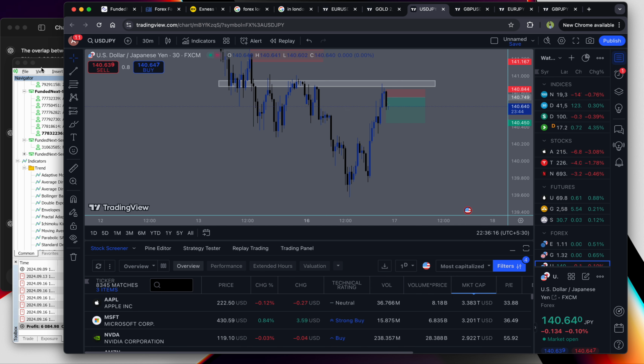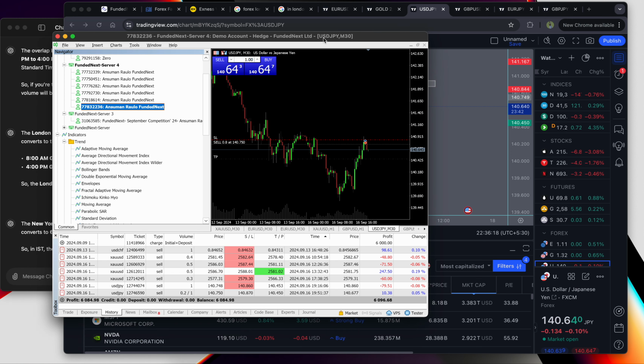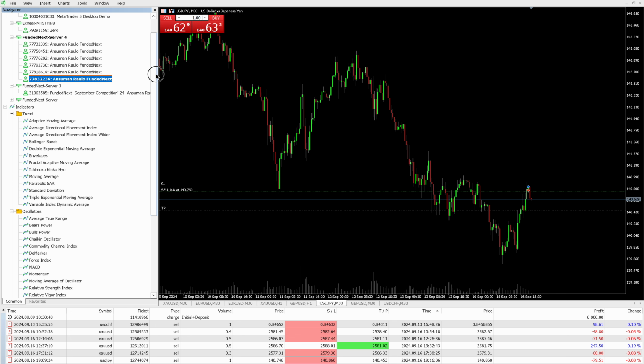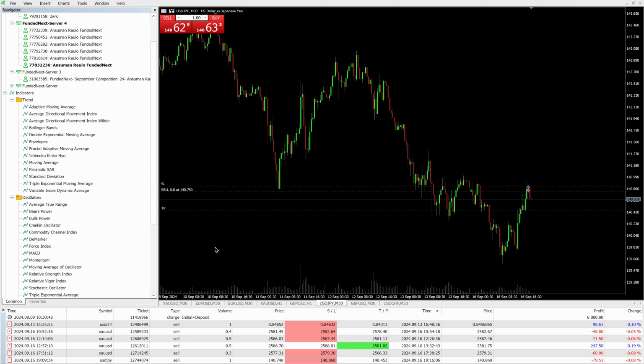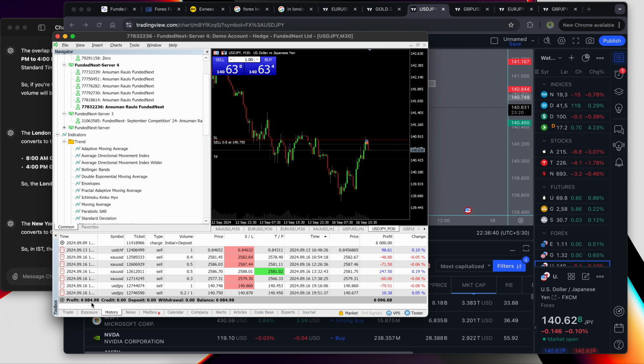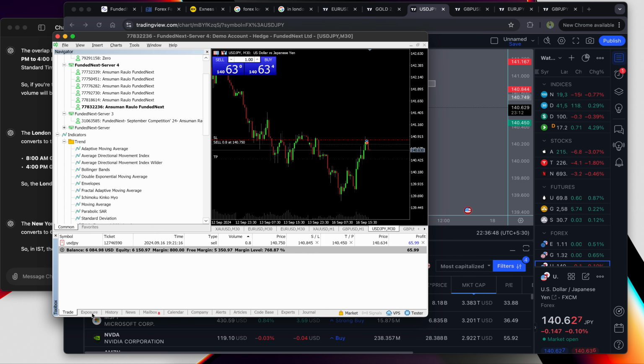So let's jump into the main thing for which I'm making the video. This is MetaTrader. As you can see, this is my next funded prop firm account in which I'm trading, and the current balance is $6,084, and I got the account of $6,000. So it's pretty much break even, or you can say, let me see how much return I have